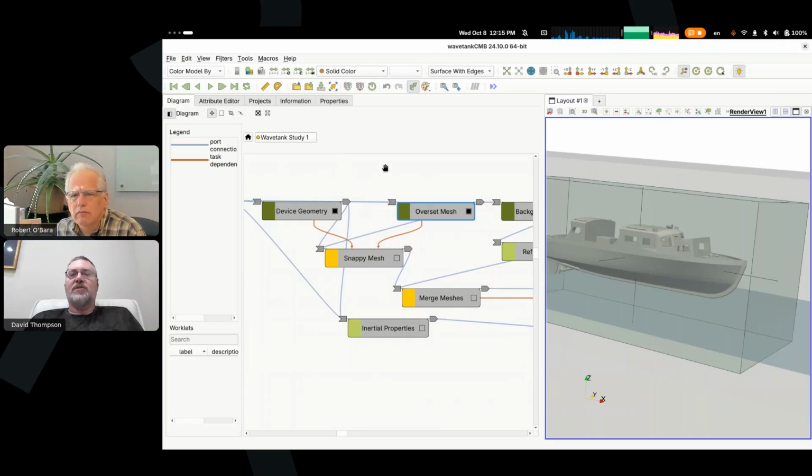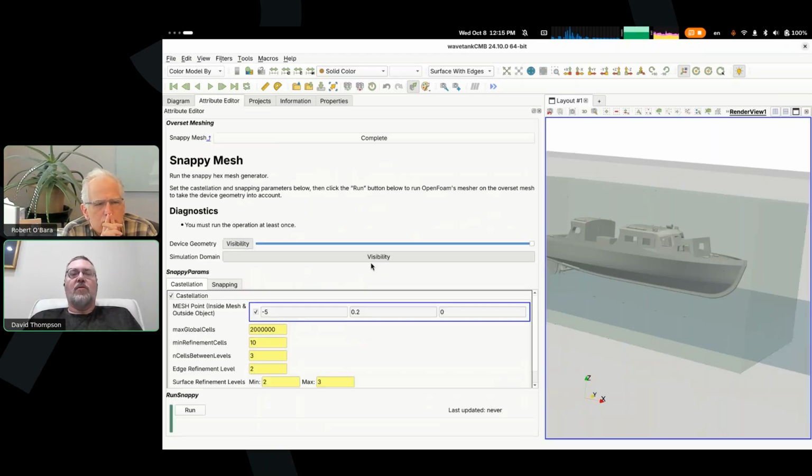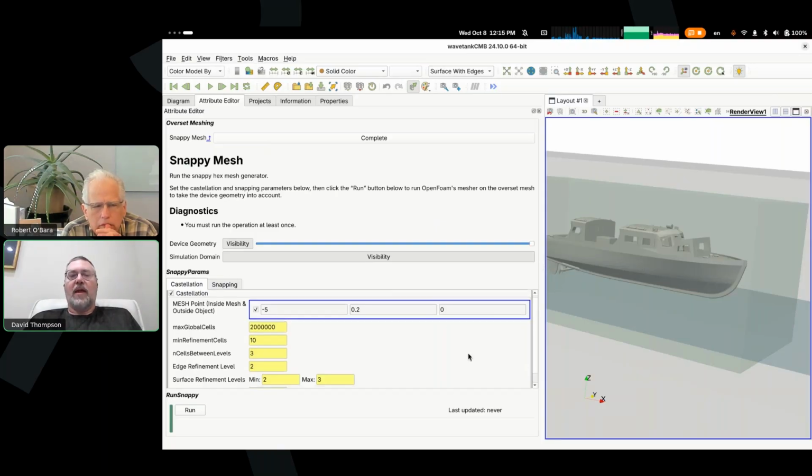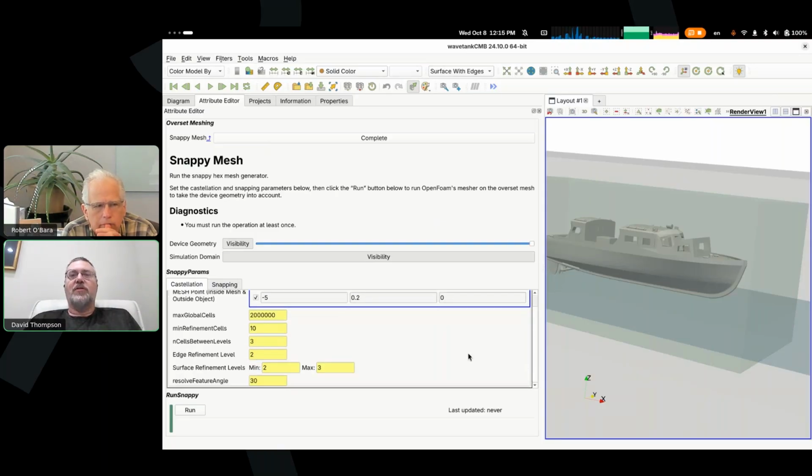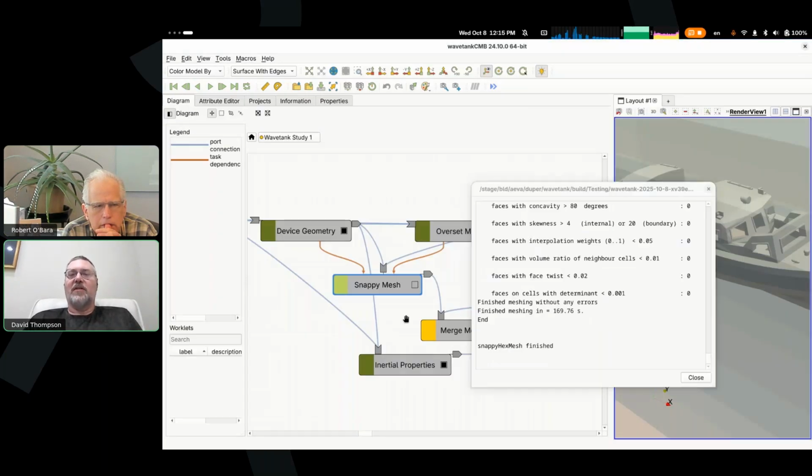So once I've completed that task, it takes me back to the workflow diagram, and we could work on generating a snappy hex mesh of the device. This basically takes the overset mesh and carves out the shape of the device, the motorboat, from the hex mesh that's the overset mesh, and produces a hex mesh output with some voids in it. That takes a while to run, so what I'm going to do is switch to another instance where, look, I've